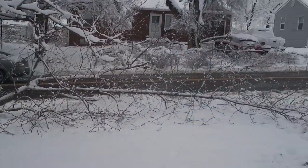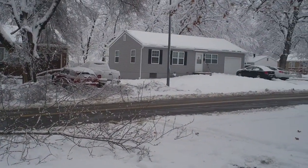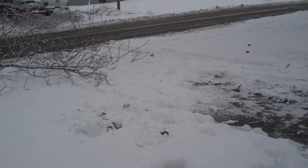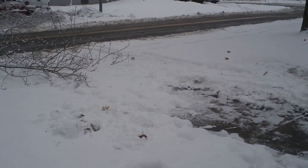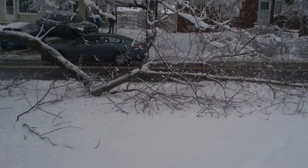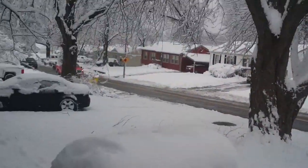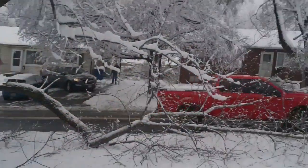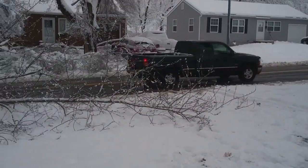my landlord's responsibility. I called him last night when I got home and told him about it, because I had to pull in the side of the yard there over into the snow, and I got stuck over there and had to dig my car out a little bit before I could even do anything. And then I called him. So he's going to have to get somebody out here to cut it up, but there's a good like 4 or 5 feet there that's